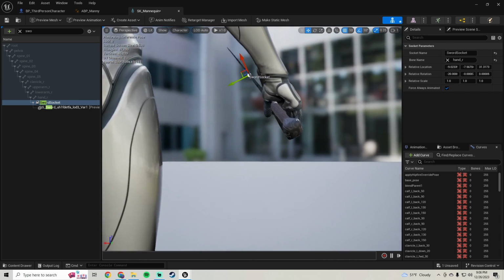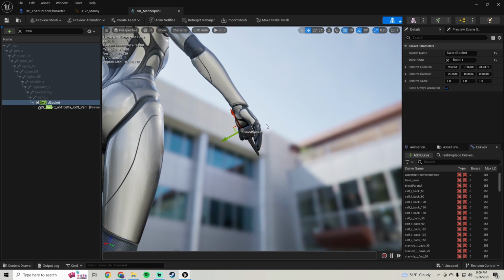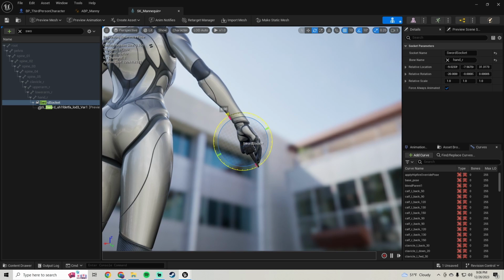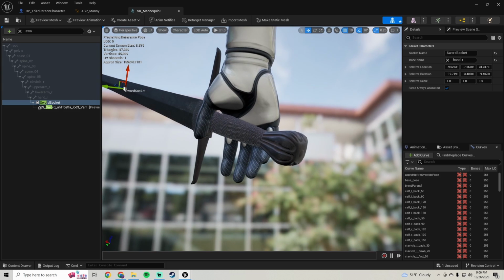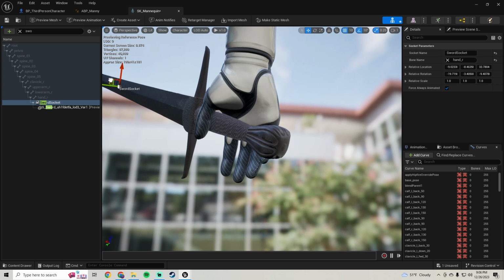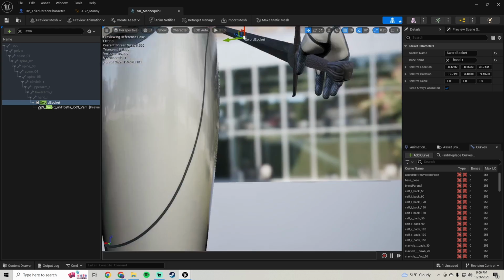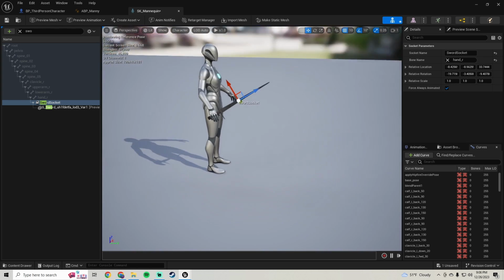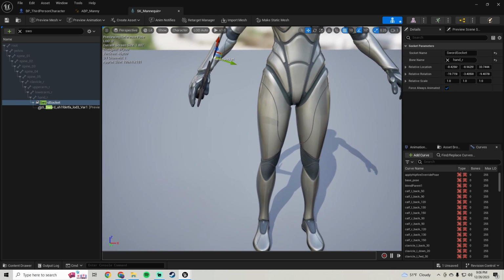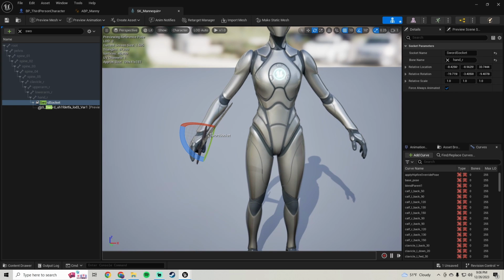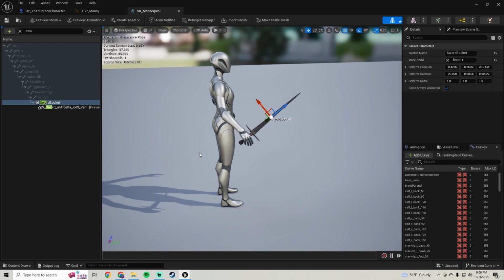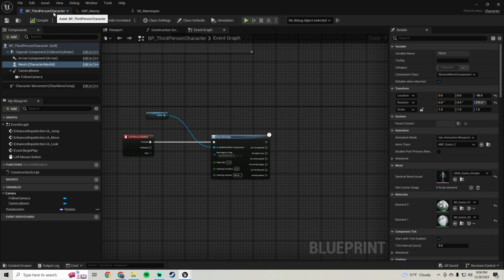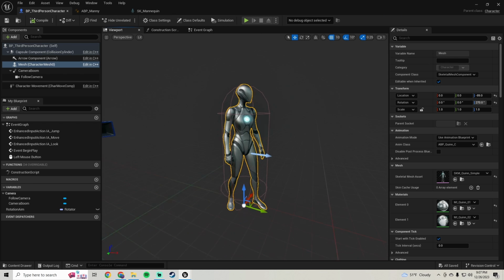Let's see. Yeah, about in there. About like that. There we go. So we'll just save that, go into our third person character, go into the viewport, and we're